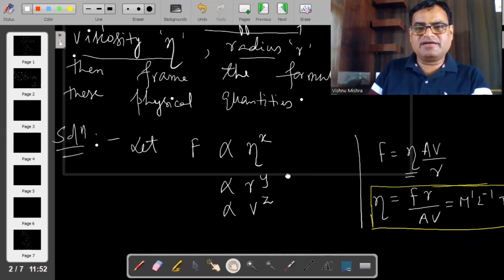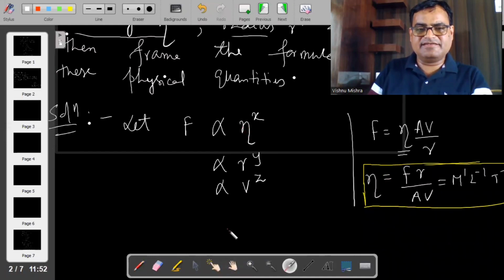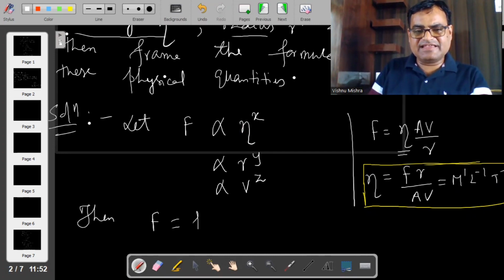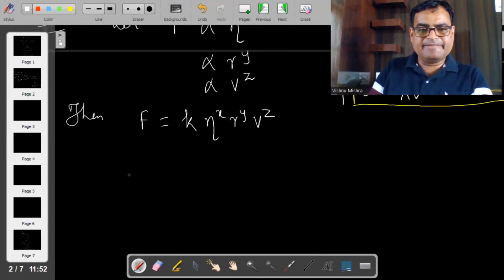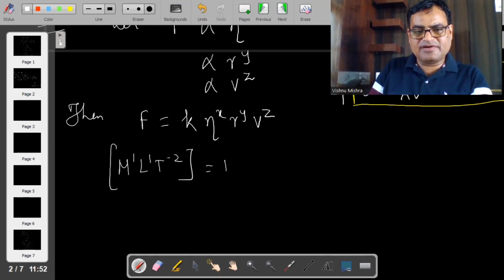We don't know how they depend. Clear? Now I can write F is equal to a constant k times eta^x r^y v^z. Now just supply the dimensions. Dimension of F is M^1 L^1 T^-2, k is dimensionless, and eta's dimension is